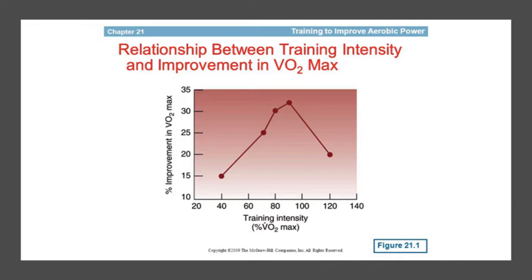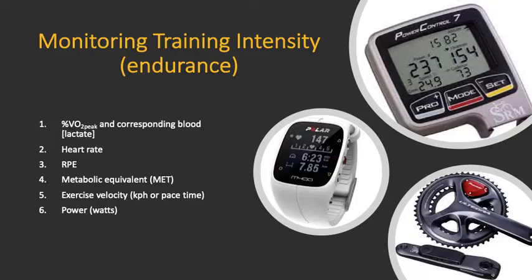large changes in aerobic capacity. So how do we monitor training intensity, specifically for cardiovascular training? There's essentially 6 different ways you can do it. The first is a percentage of VO2 peak and the corresponding blood lactate concentration, which you need very specialized equipment for. You need a metabolic cart and you need a blood lactate analyzer, which is out of reach for